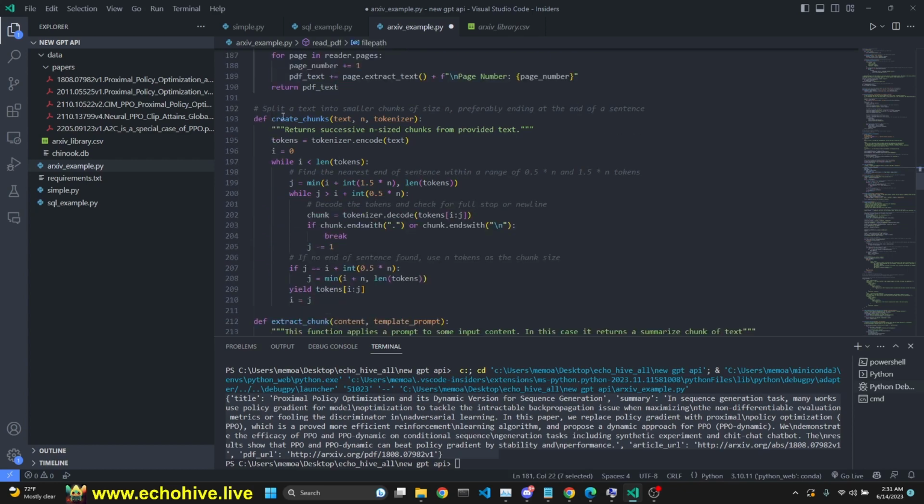path we specify. And then we have another function called create chunks, which splits the text into smaller chunks of size n, preferably ending at the end of a sentence. I really like this function because it's pure Python using tokens. We say tokenizer and encode text, right? This takes in text and tokenizer, and the size of our chunks, token size, and our tokenizer obviously is